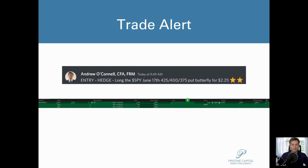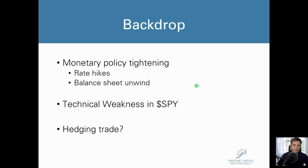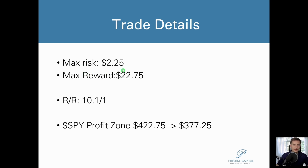But you might be asking, like, could I just use a regular put? Could I just buy the 425 strike put? Yeah, you could certainly do that. The key difference here is by selling these 400 strike puts, we are reducing our initial outlay. I want to risk a very small amount to potentially make a much bigger amount. So I like taking trades that have 3-to-1 risk reward ratio, 4-to-1, 5-to-1. This one has a 10-to-1 just in case the unthinkable happens and the Federal Reserve sort of fails in what they're looking to accomplish. It has a max risk of $2.25, meaning you lose all the premium that you put up,